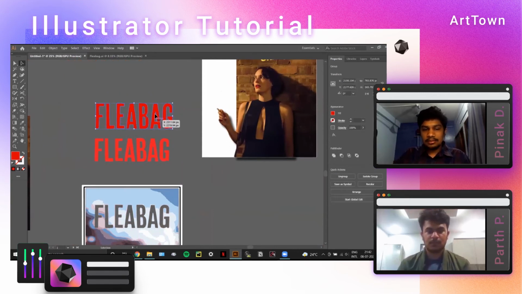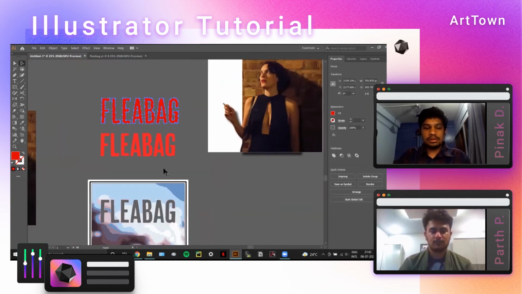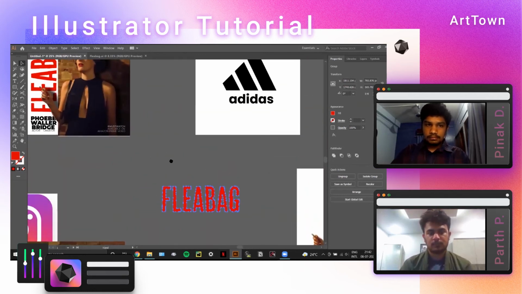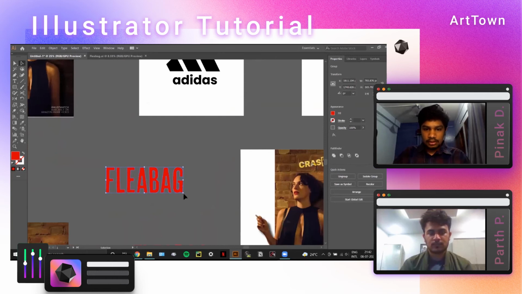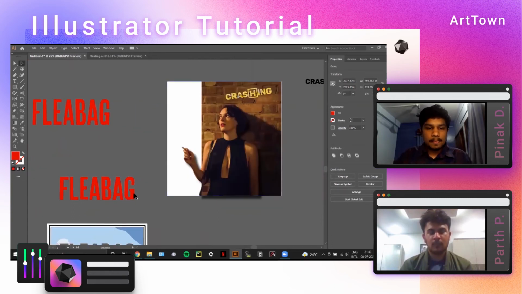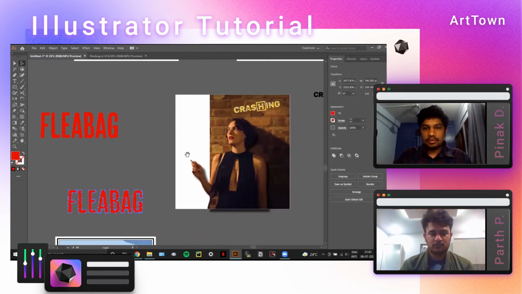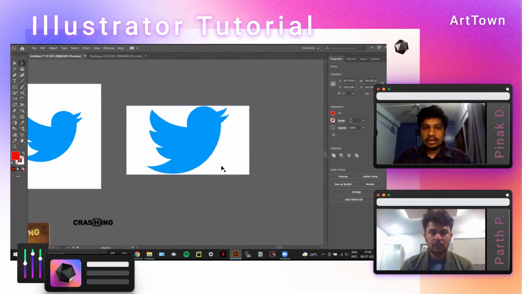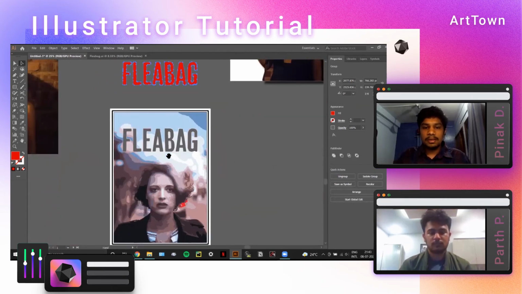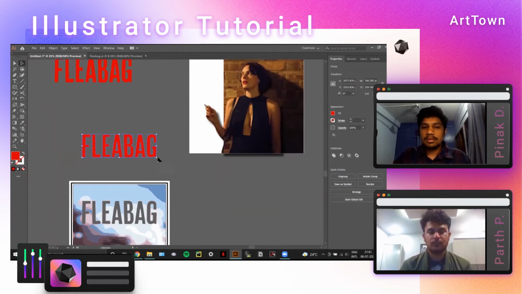Currently the color is a bit off because the image taken was a different one. So this is how we get any color, any shape which we want from a given image. What we did with Twitter was basically draw over it, but sometimes they are a bit more complex. So that's why what we do is simply image trace it.